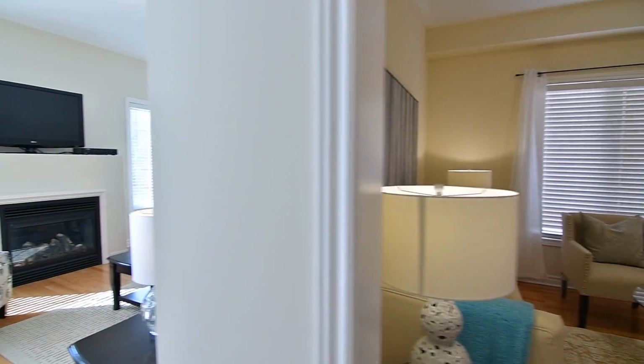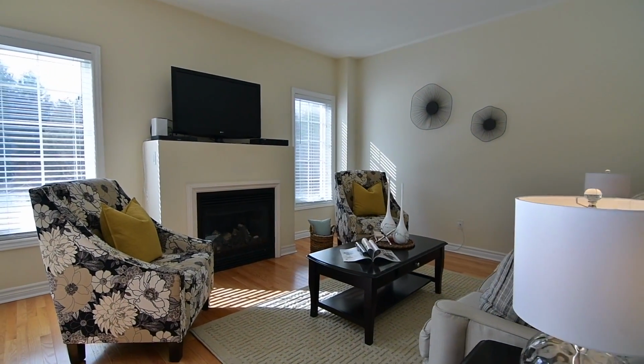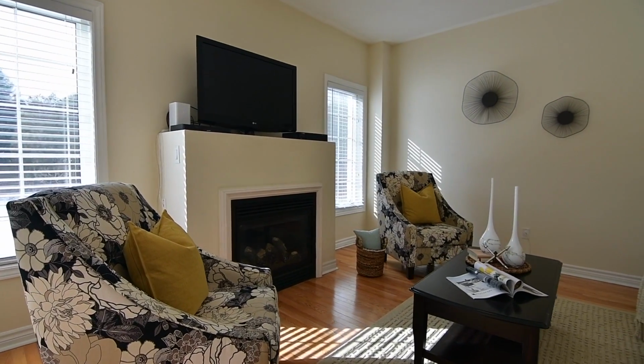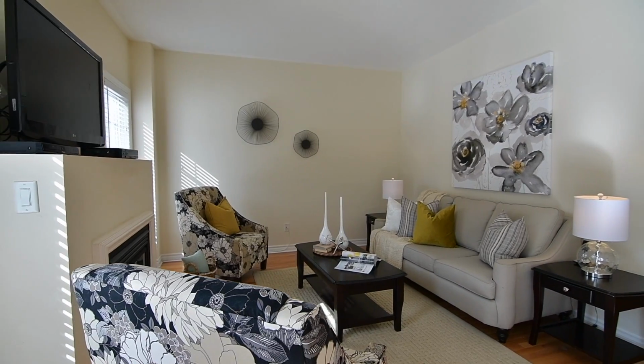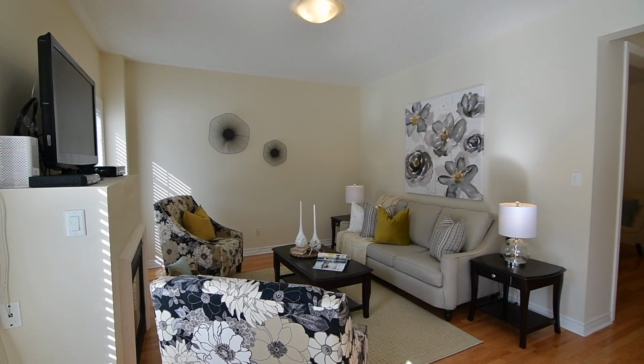Bathed in natural light, the casual entertaining space of the family room receives additional cozy warmth with its gas fireplace. And this room, as well as the kitchen, have large windows to capitalize on the sunny brightness of their west-facing